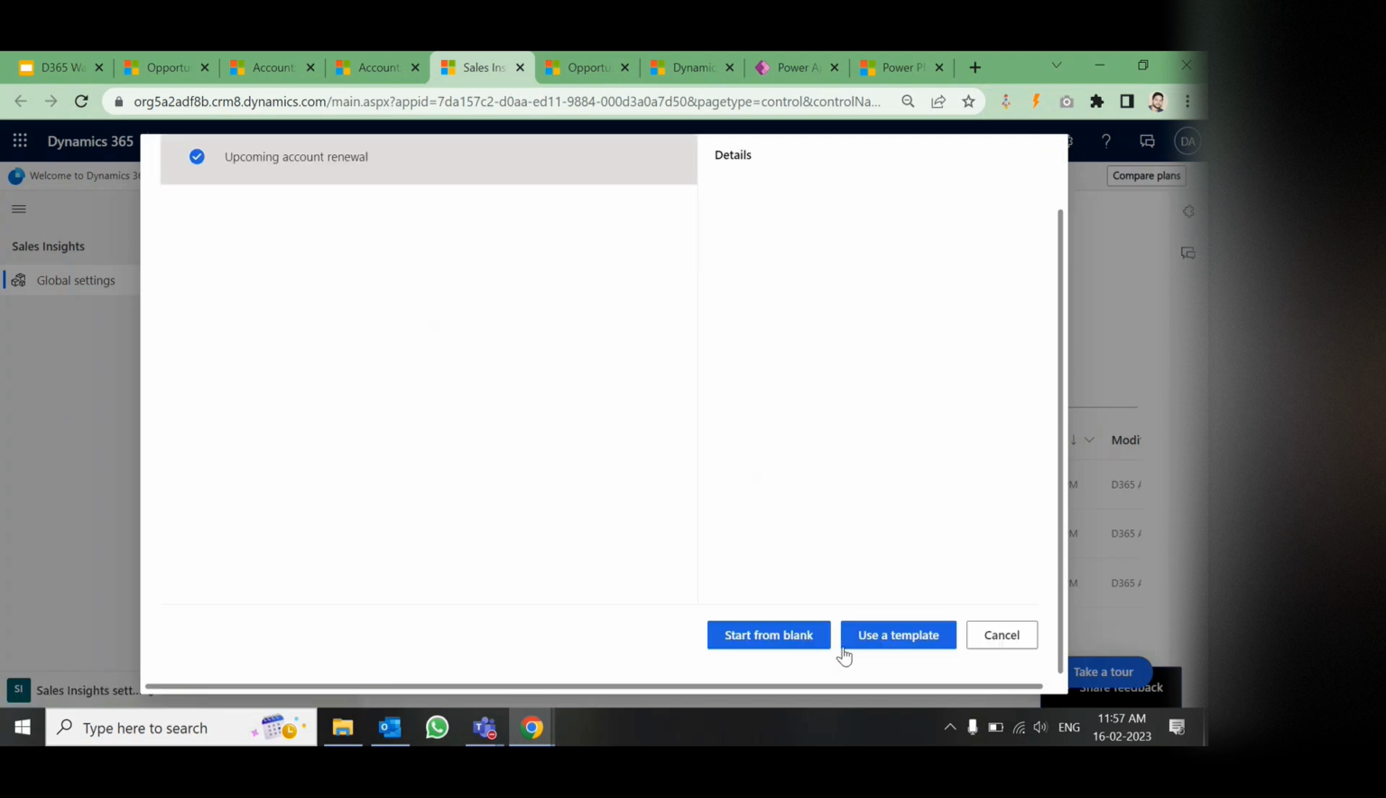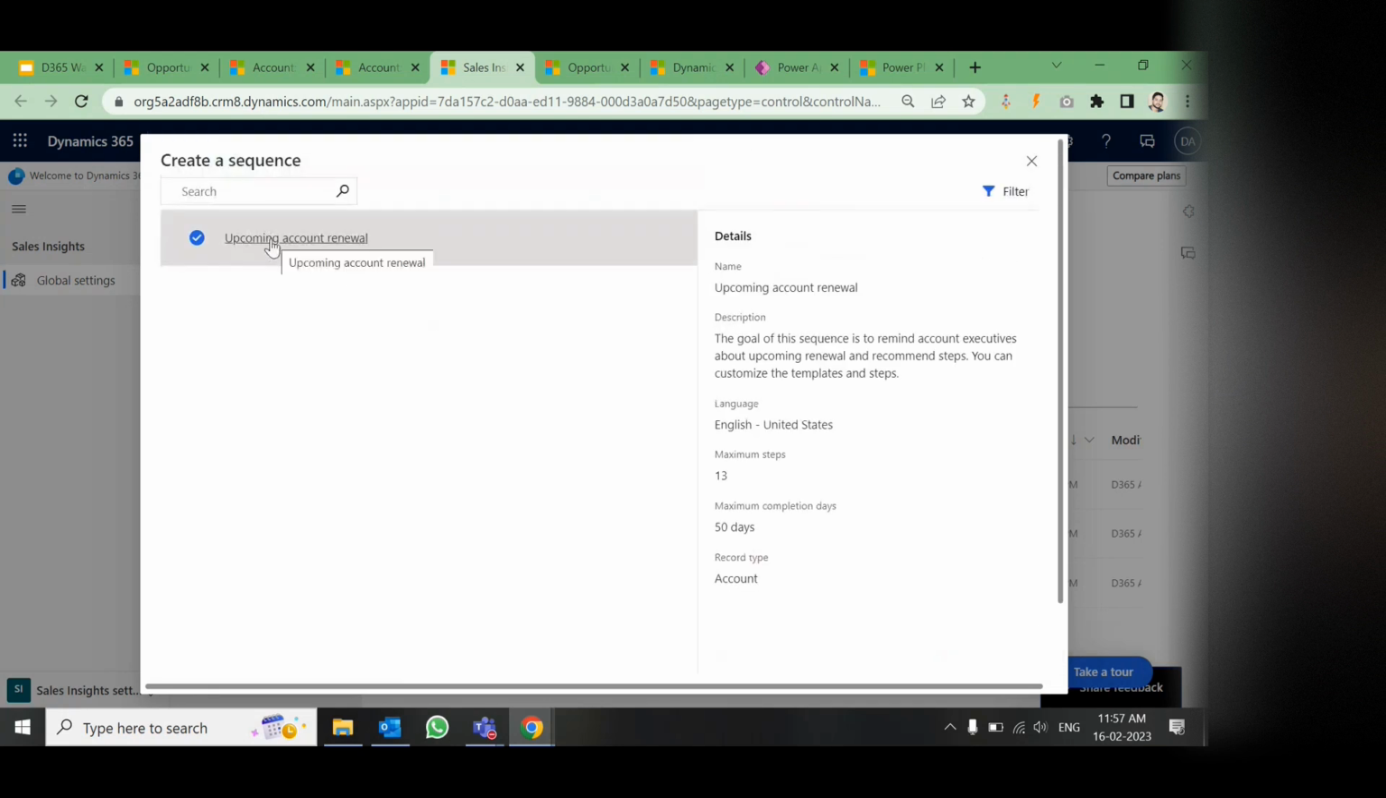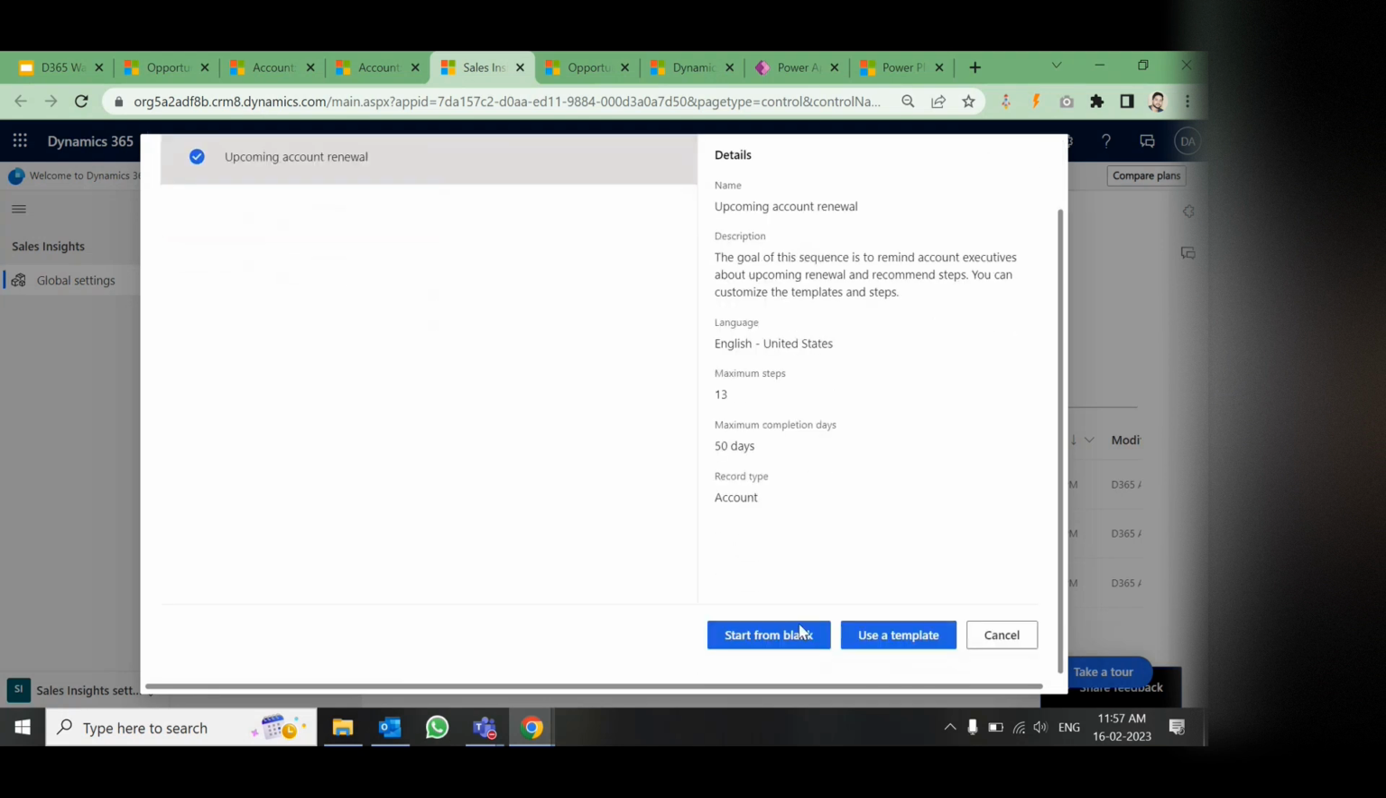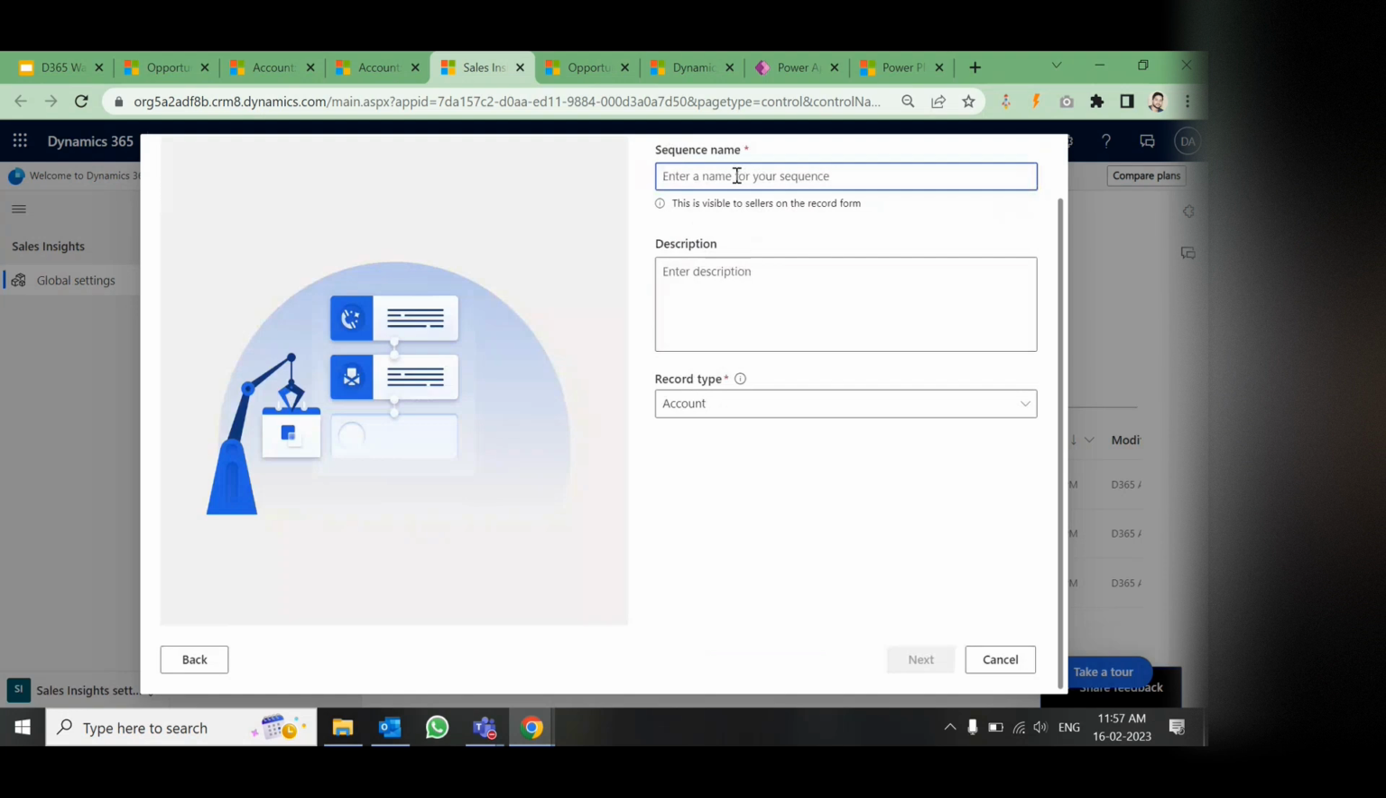Here we have the option to use a template or start from blank. Whenever you use a template, there will be some, like upcoming account renewal. This is an already existing template. Or you can go for start from blank and give any name. Here it is enabled for a total of four entities: account, lead, opportunity, and contact. So you can choose that as well. Okay, I see they have enabled it for case and order as well. Fine. So if you go for next,